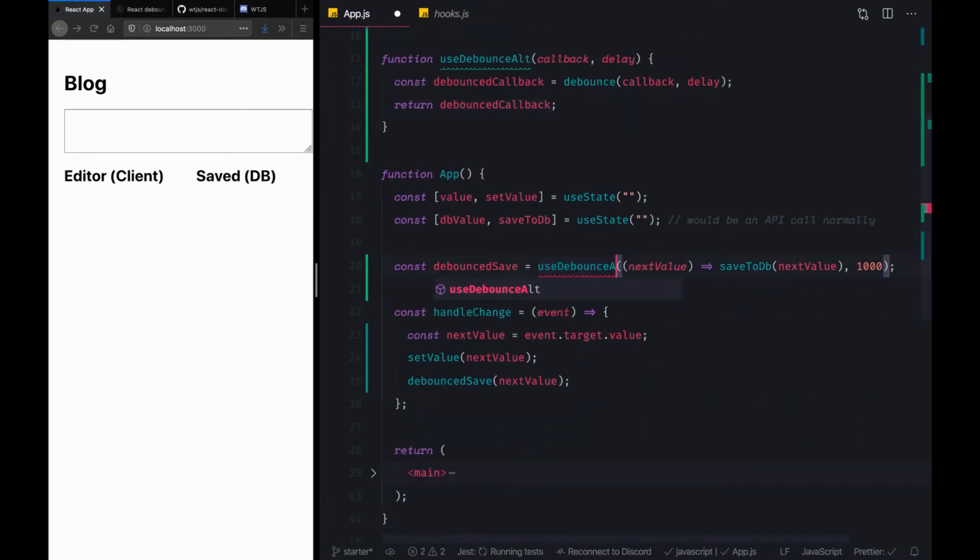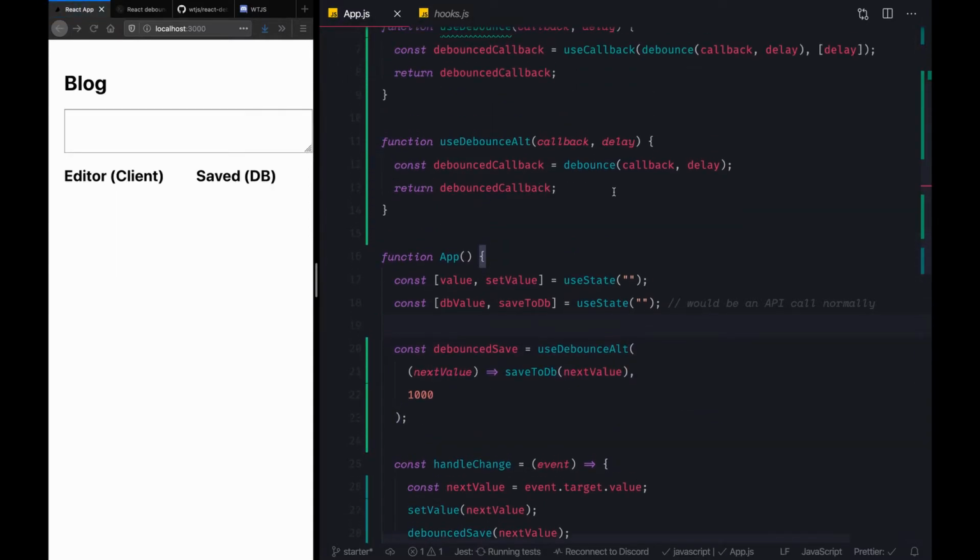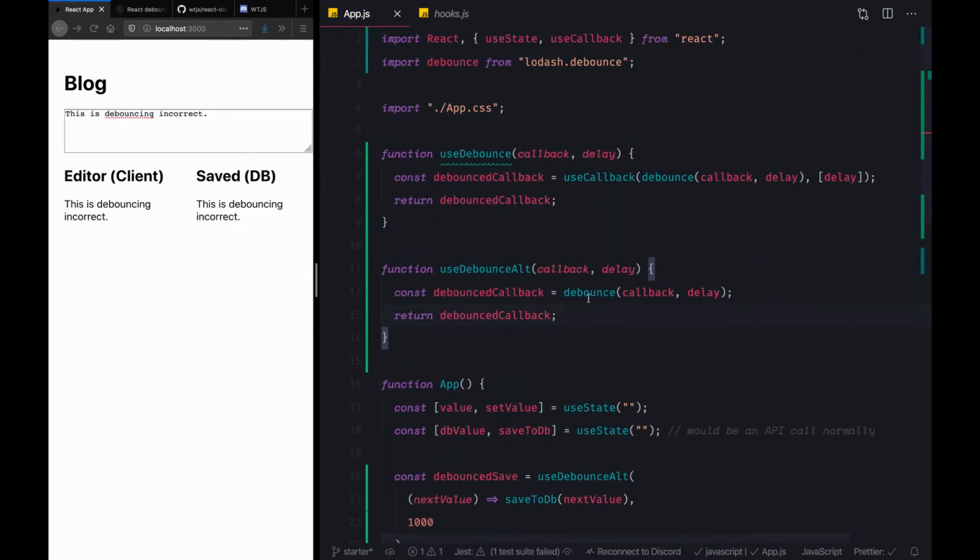And let's change to the second hook that we have. So right now it shouldn't work because we are actually just debouncing each and every function, and so this is actually doing the same thing. It's debouncing each and every keystroke. So now we actually want to